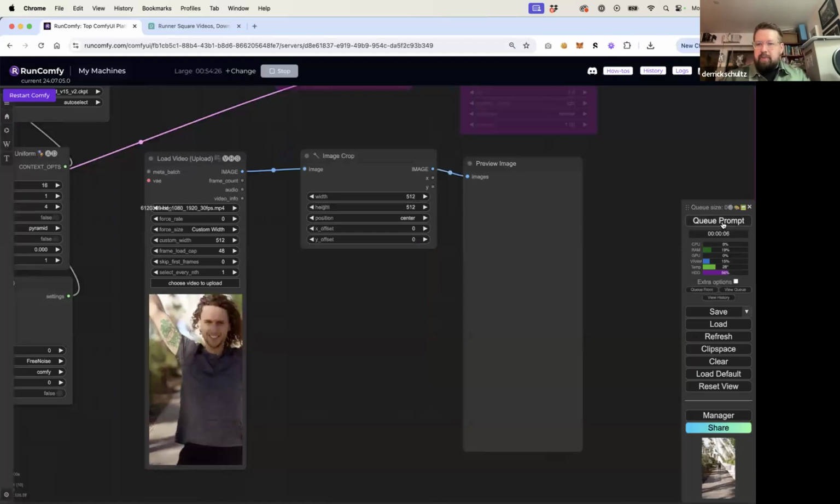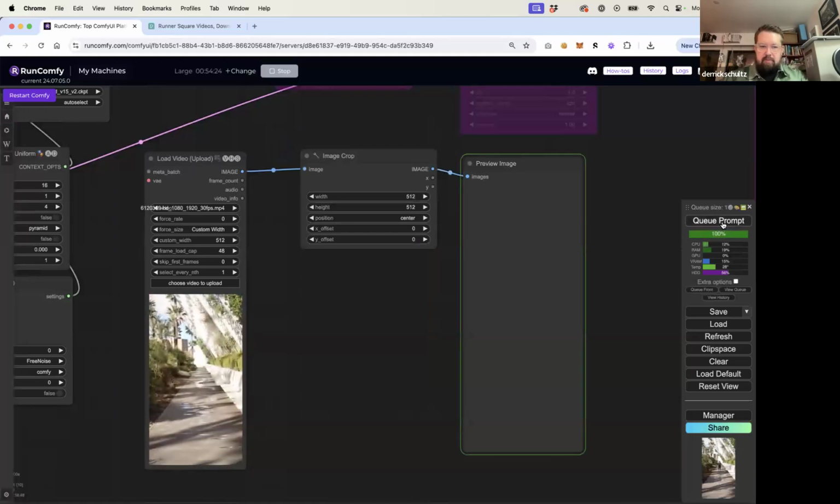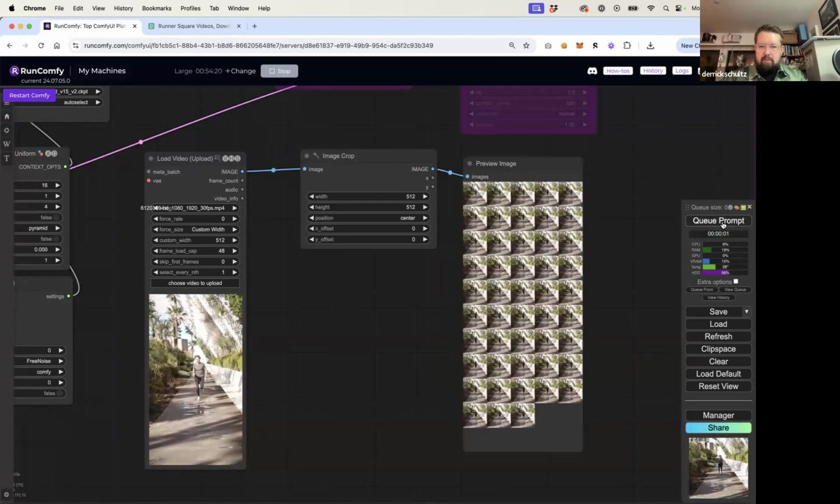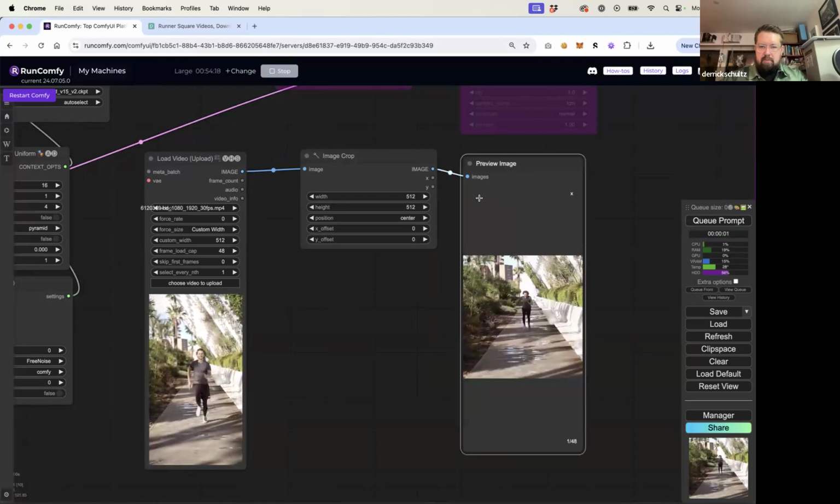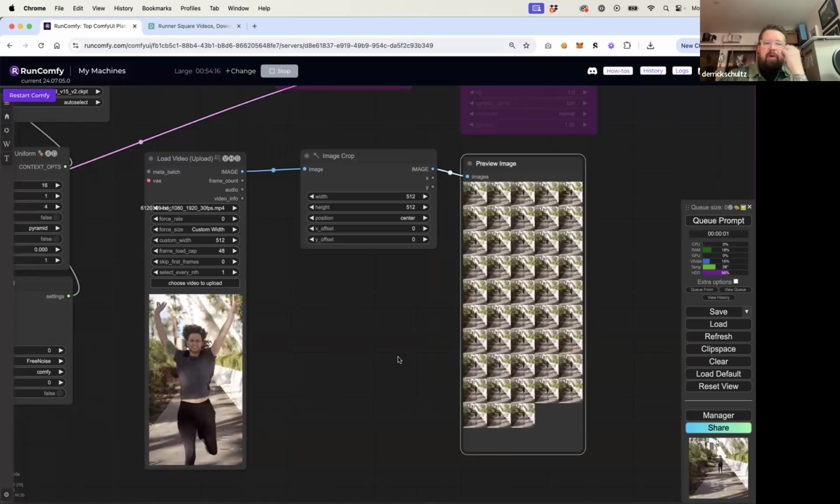And let's just make sure this works the way we expect it to. Cool. Now, the other thing I'm noticing here is that this video starts from a little bit further back than I would like it to. So what we could also do is